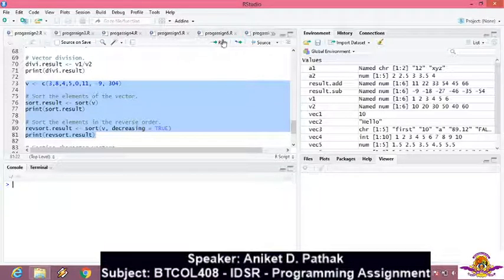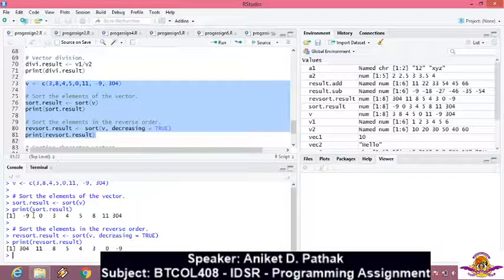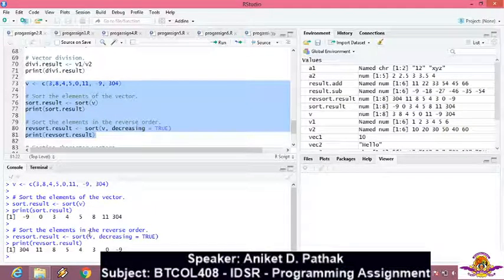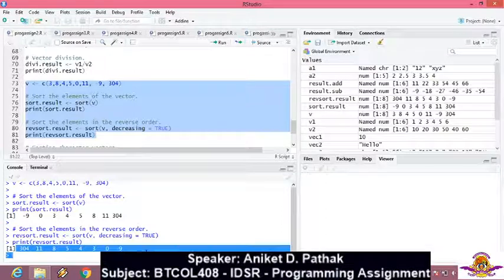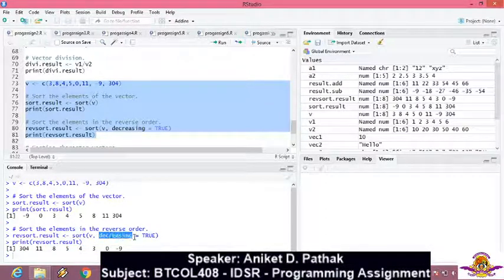I will clear the console first. If you observe, this is the original vector, the sorted value in ascending order, and for descending order, or a reverse sort type, you can have decreasing equal to true.